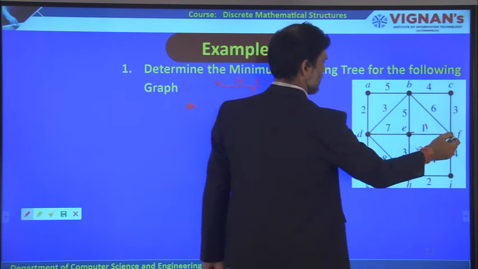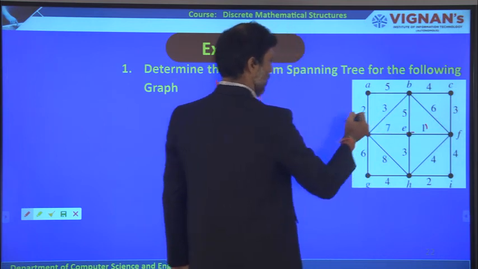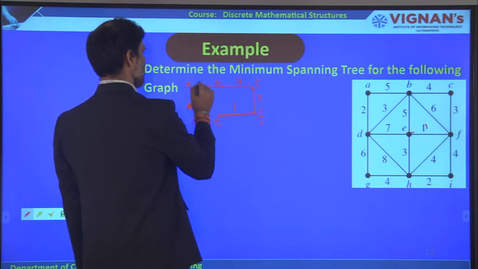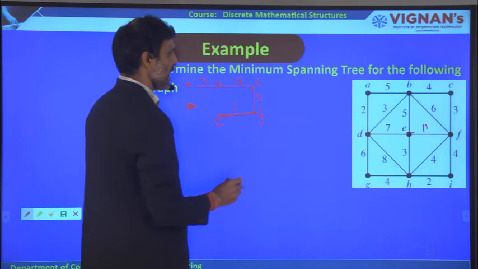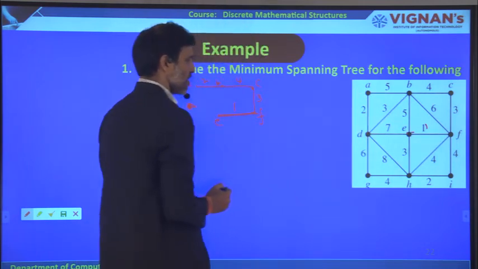But we cannot take these two, already we have taken. So therefore you have to go with either A or D. So you can go with what? A. You will get what? A, because it consists of the minimum value compared to B and D. Now with A, what can you get here? A to D, what can you get?